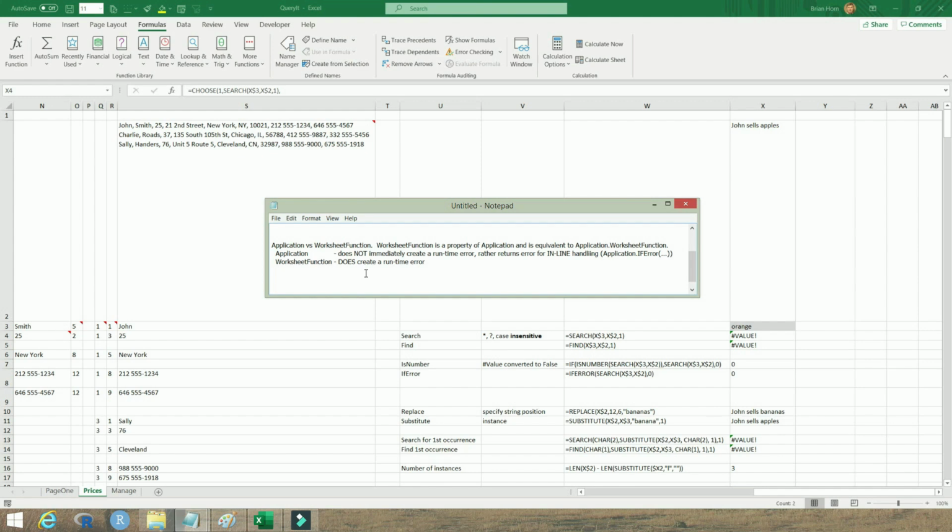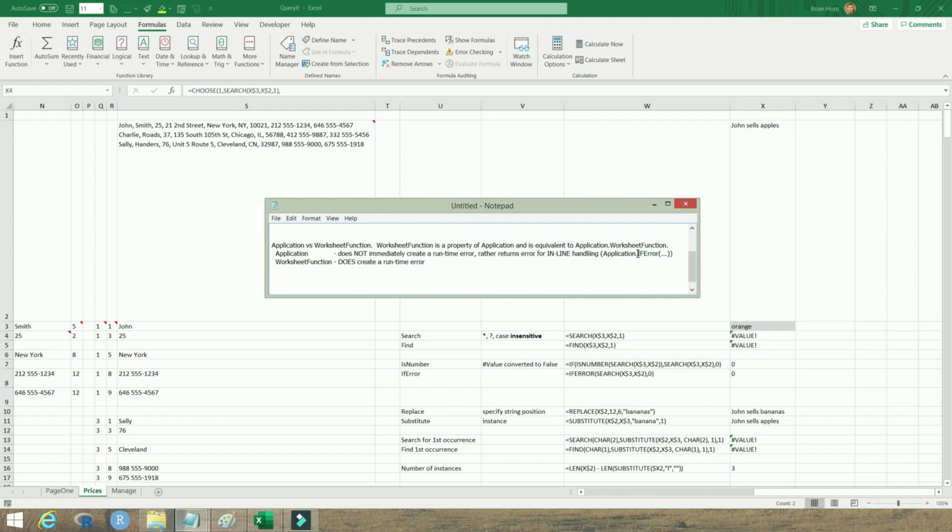So therefore, when we use worksheet function in the VBA code, you're wanting behavior around errors just like it is done in Excel. And in that behavior it creates a runtime error. Now, another way to invoke the function is to precede the function name in the VBA code with application dot. And the distinction there is now assuming that the application, the VBA code, will have an opportunity to handle the error in line in the code with something like